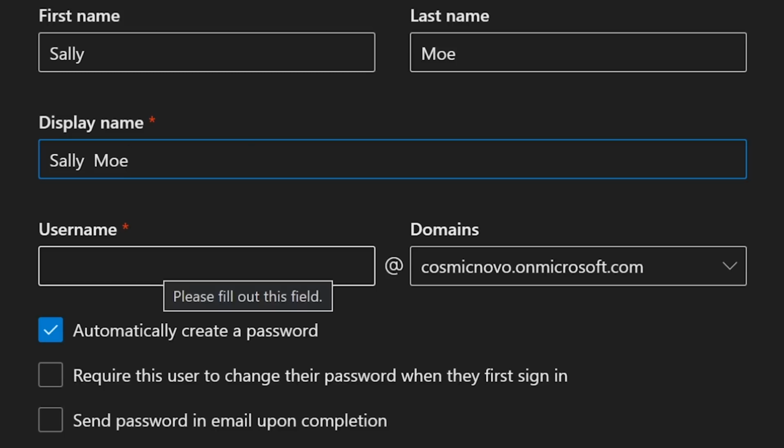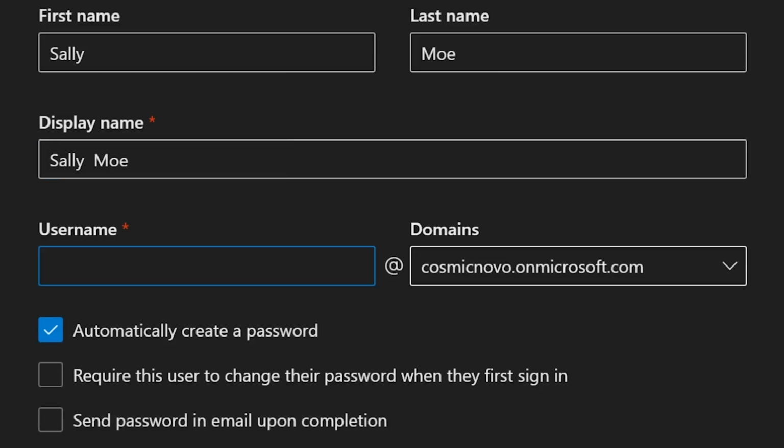Now, admittedly, once you sign up for Microsoft 365 for your business in the Admin Center, a domain is created for you, or you can create one, so you can add it to your business name or your business website. So if I have cosmicnova.com, I could have created it under cosmicnova.com. But in this case, I just chose to create a domain on Microsoft itself. So you can see here it says domains right here, and it says